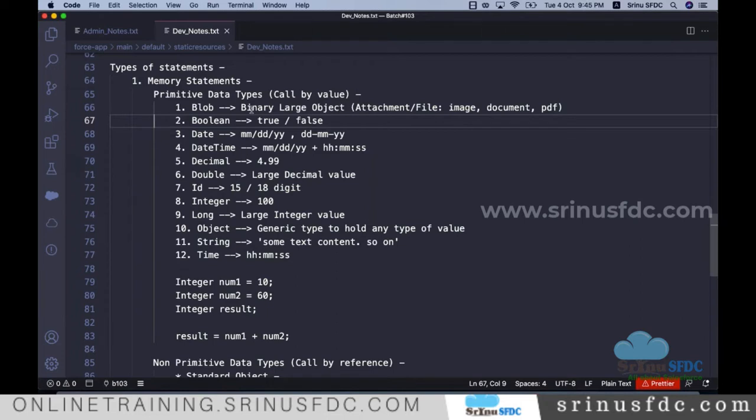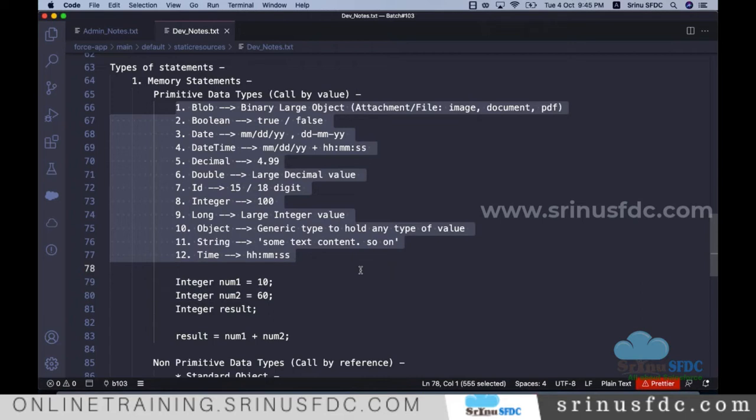So we have blob. If you want to store any kind of file, we use the blob data type. Boolean holds either a true or false value, and so on. All these things we already discussed yesterday. Now, whatever data types are listed here, we call these primitive data types, right? So primitive data type means